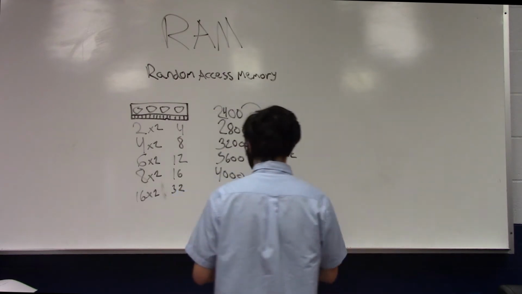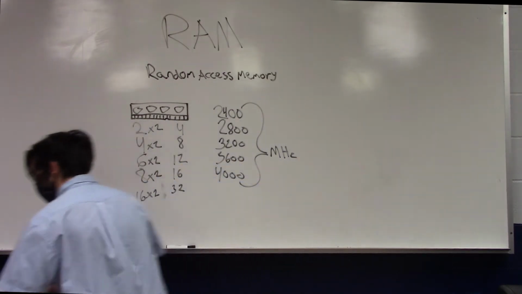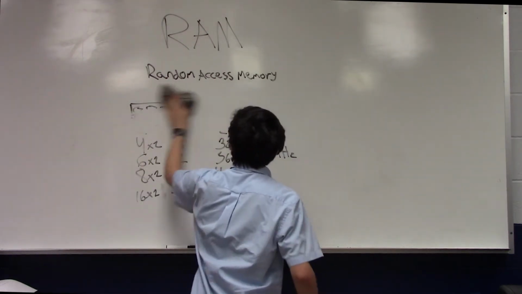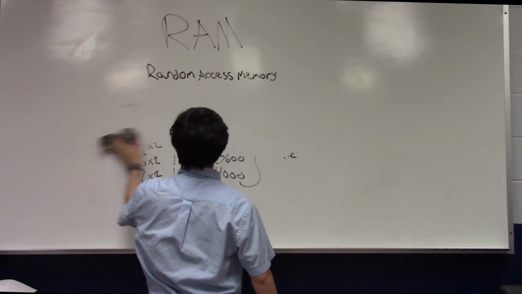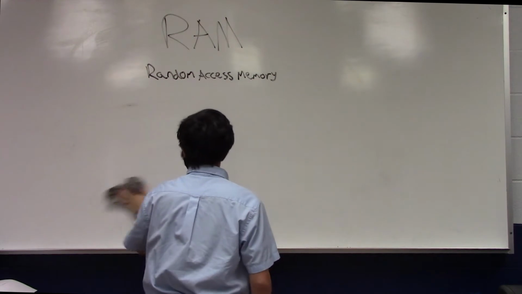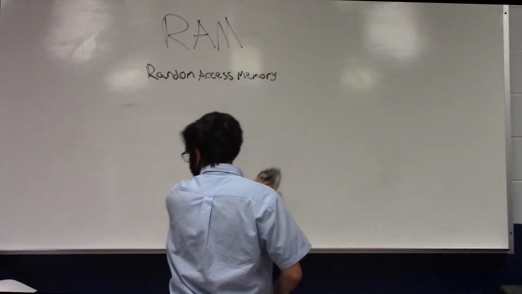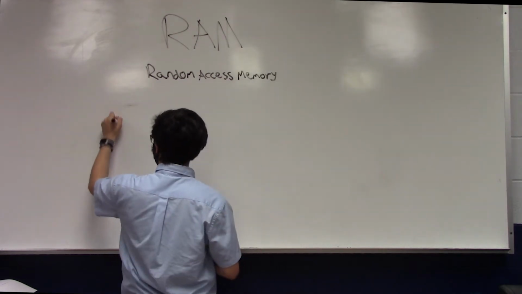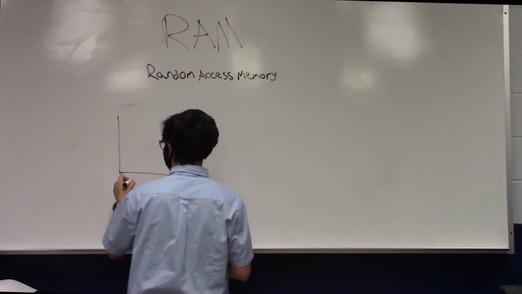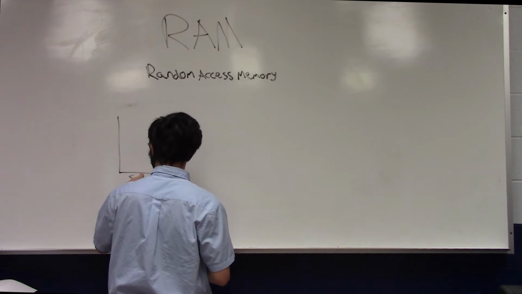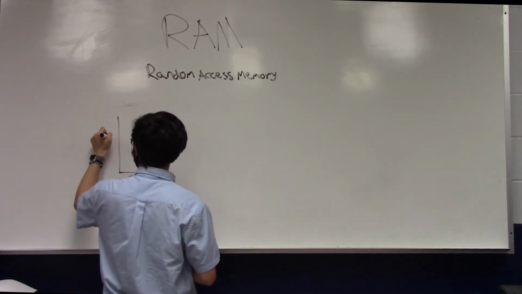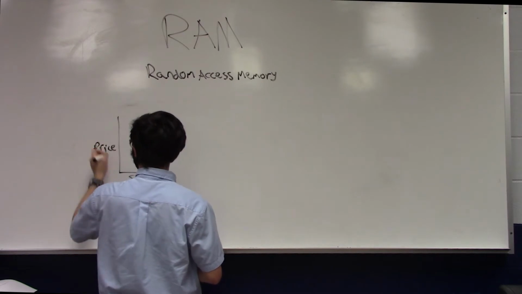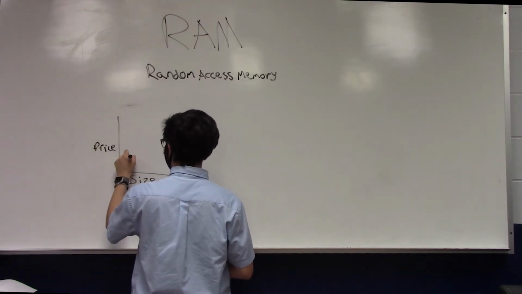So, let me erase this for a second. So, back to RAM capacity. That's what it's called, capacity. The gigabytes and stuff like that. So the higher you go up, we're going to do size and price. So the higher you go up in size and price,